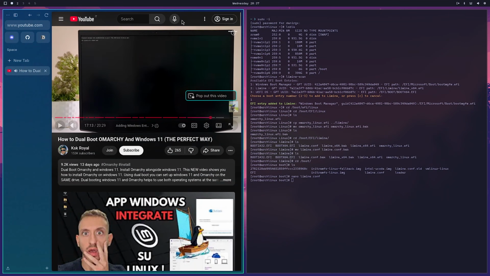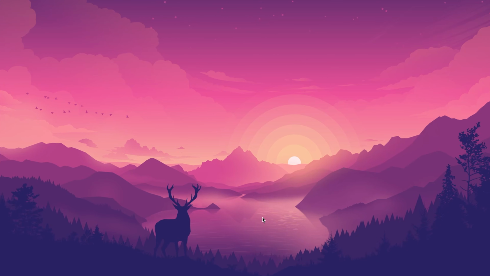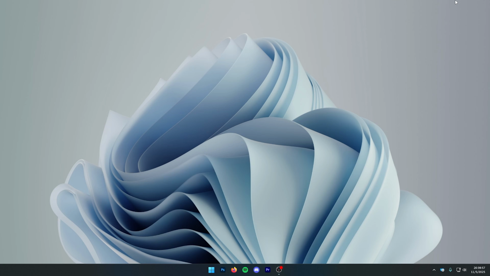Okay, so now I need to reboot. So then, if it works, I'm going to be recording on Windows, and if it doesn't, I will be recording on my phone. Okay, so no, I didn't test it yet, but this is to show you that yes, here it is, Windows Boot Manager. Please, I hope it works. Oh my god, it's actually working.